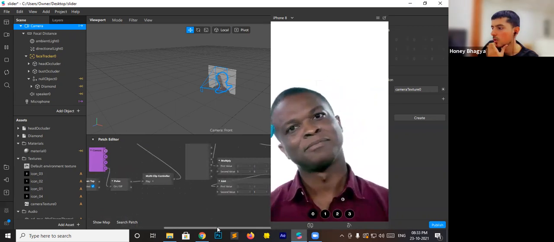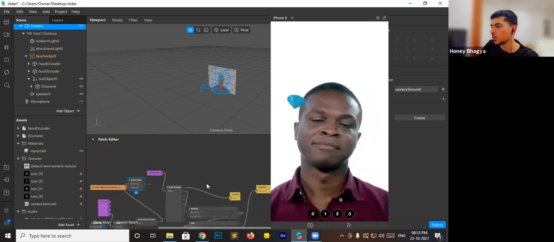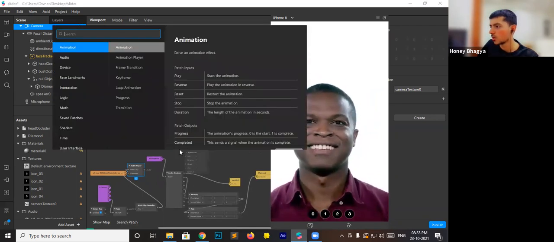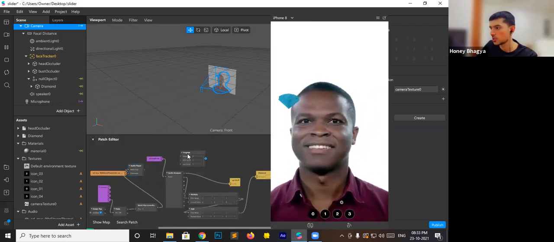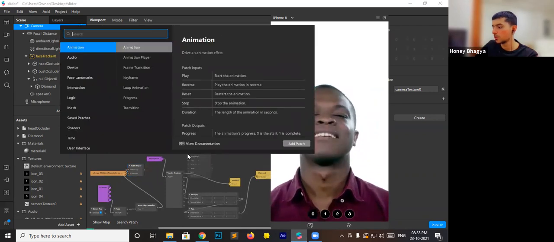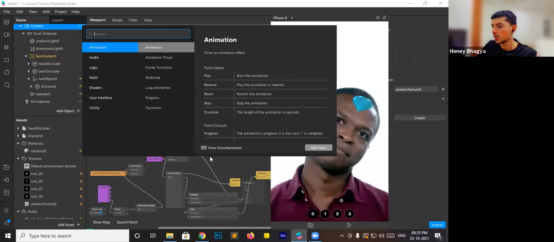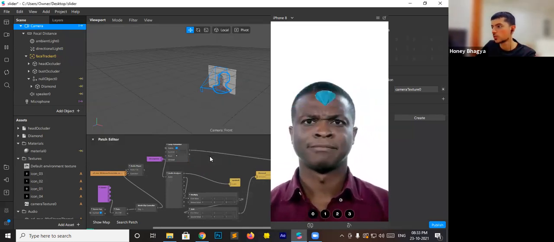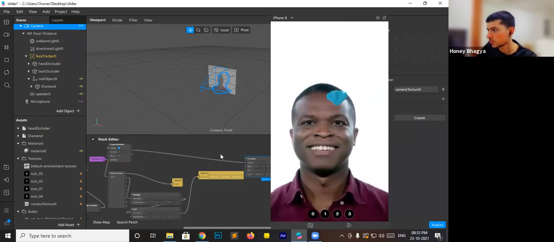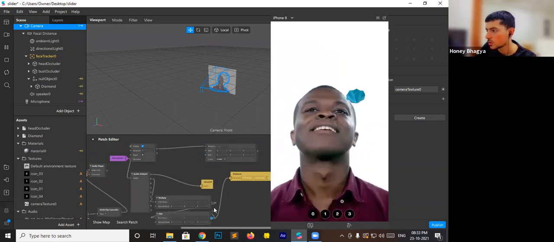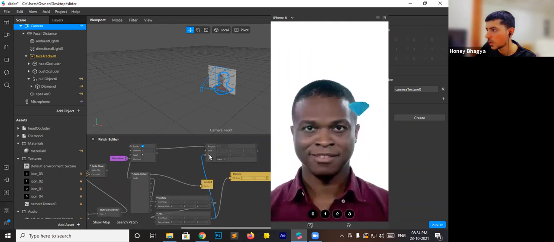Okay, now we want this to go smoothly. We are going to create a progress patch. We are going to create a loop animation and then progress the transition. Okay, now add this to the end.